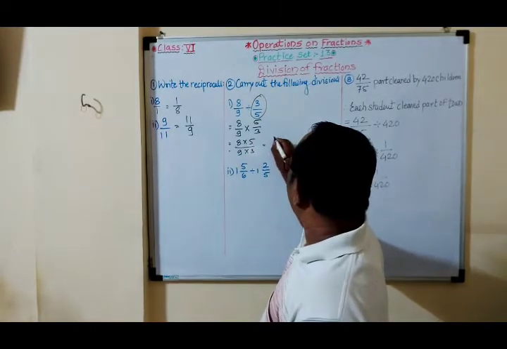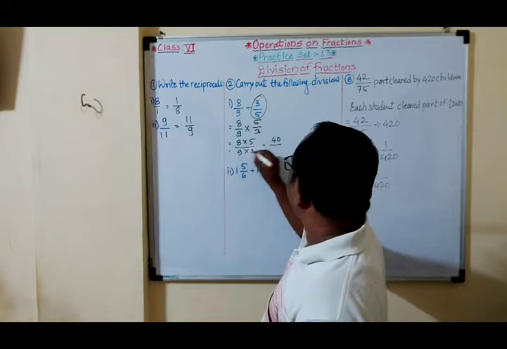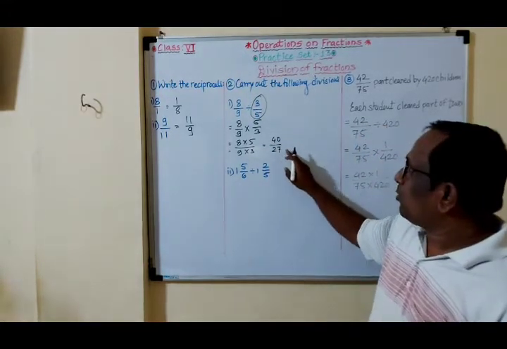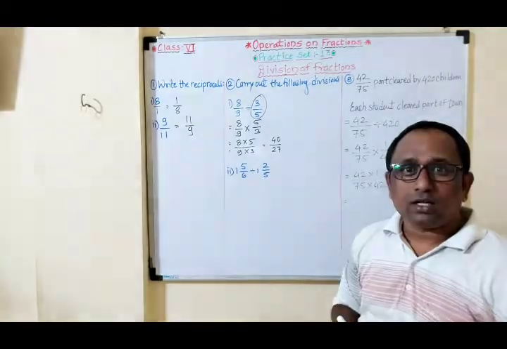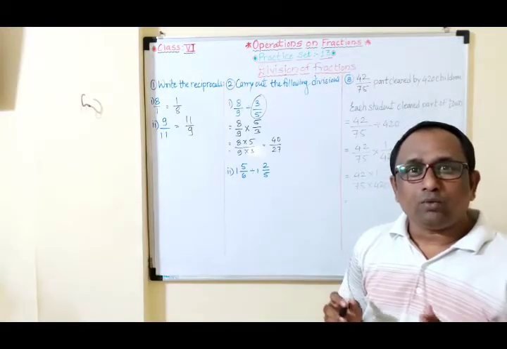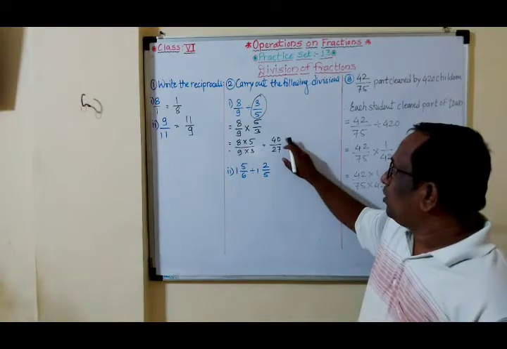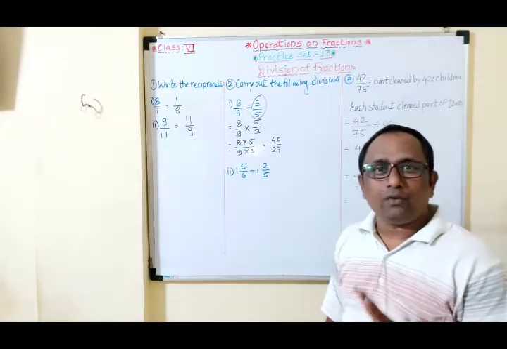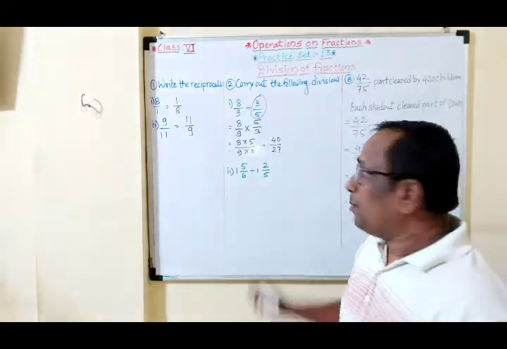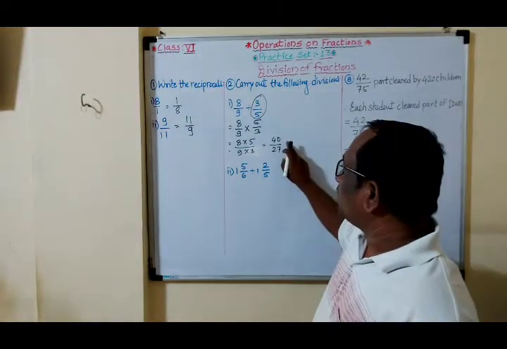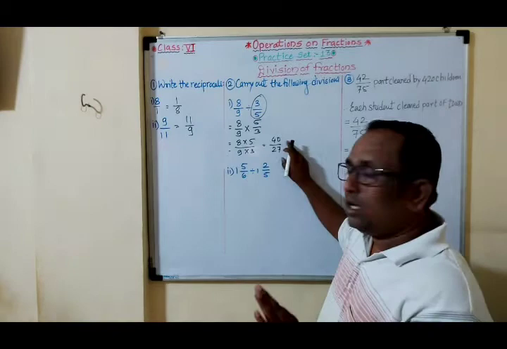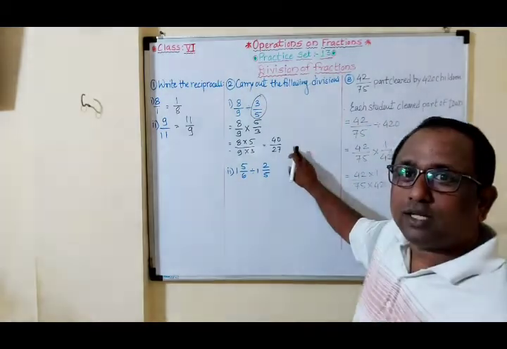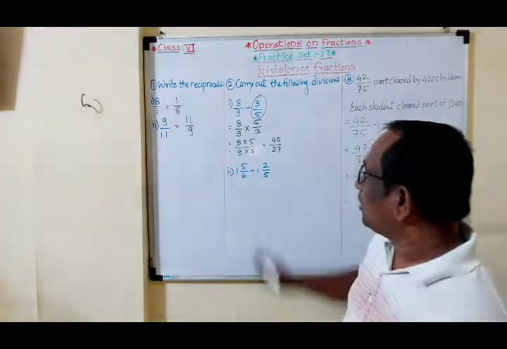You will get 40, and 9 3s are 27. Okay, again you have to see whether 40 upon 27 is divisible by the same number, meaning in short we have to make the simplest form. But 27 is not divisible into 40, so 40 upon 27 is the final answer. Okay, but always see when we get the answer in multiplication and division, whether it can be converted into simplest form. We have to convert the answer to simplest form. If not, then as it is we have to write.